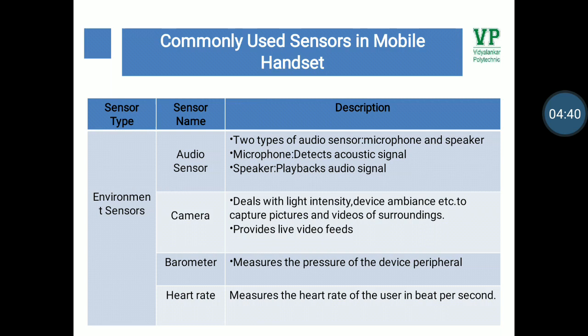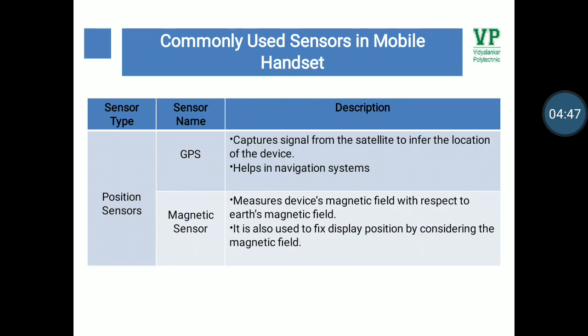Heart rate. Heart rate monitor is used in measuring heart rate of human beings. GPS. GPS stands for Global Positioning System. The GPS unit in a smartphone communicates with the satellite to determine our precise location on Earth. GPS is used in all location-based apps like Ola, Uber, and fitness apps. Magnetometer sensor. It is used to detect magnetic fields.